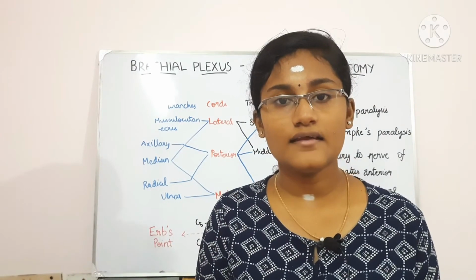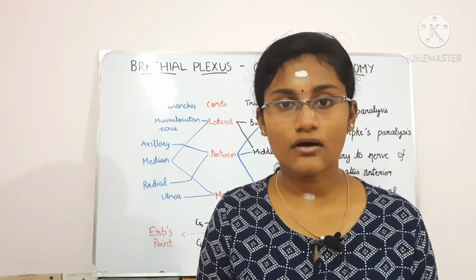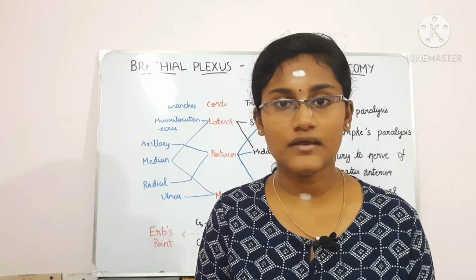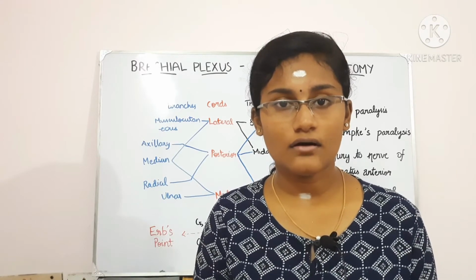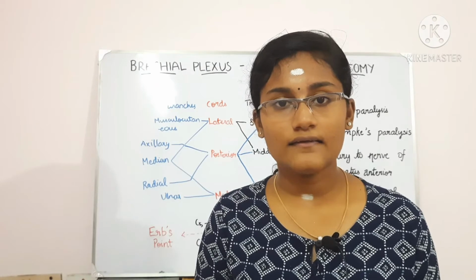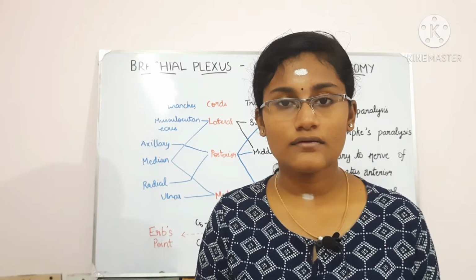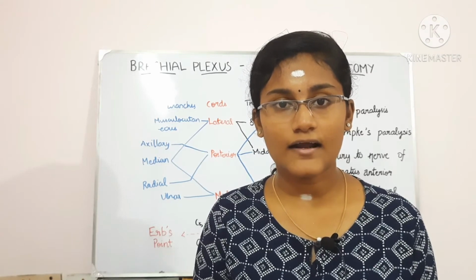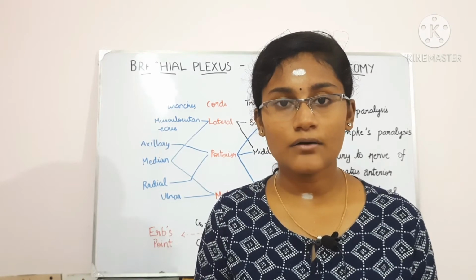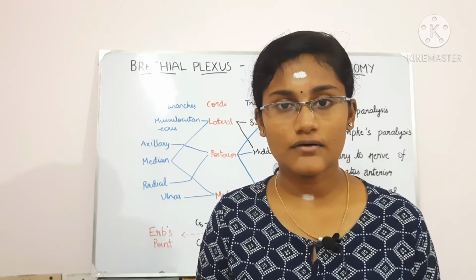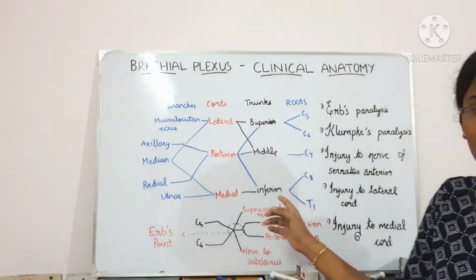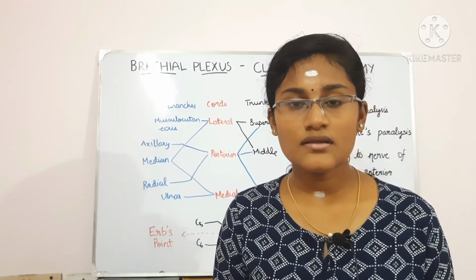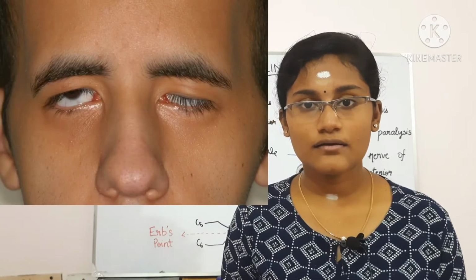Okay, and the disability here is first the claw hand. The next thing is the cutaneous anesthesia and analgesia of the ulnar side of the forearm. So there is a loss of feeling over there. Okay, and the third thing is the Horner syndrome. So this happens because the sympathetic fibers which travel to the head and neck are affected because they also come out of the spinal cord through the T1 root, so they are also affected. So this leads to ptosis, that means the drooping of eyelids. So you can see a picture of that here.